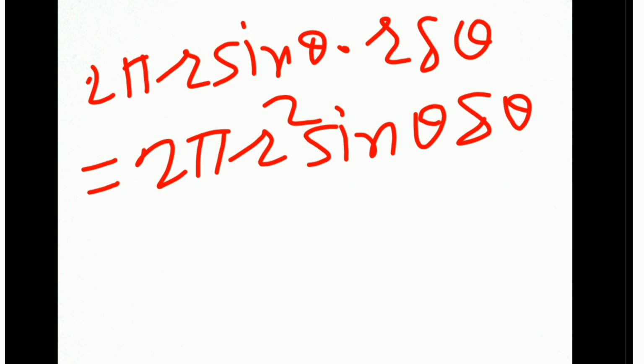The volume of the fluid crossing this per unit time from right to left is 2 pi r square sin theta delta theta into minus QR,